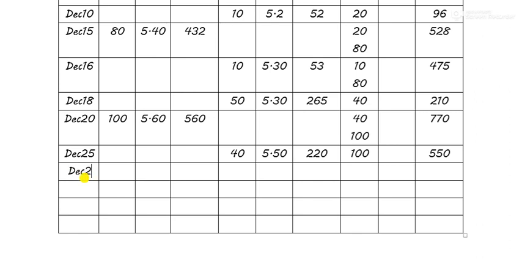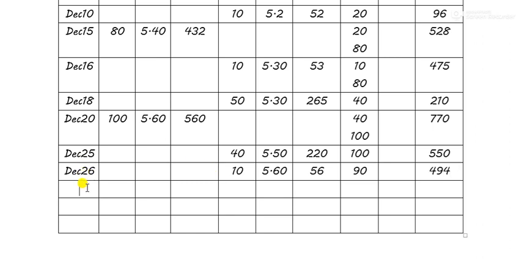Anyways, on December 26th, a shortage takes place of again 10 units. Now we have only this lot left, correct? This lot is totally exhausted. This lot of 5.40 is totally sold out. Now we have only this stock left. So will we take the average? No, we'll just take 5.60. So 56. Now we have 90 units left, and the amount will be 494.